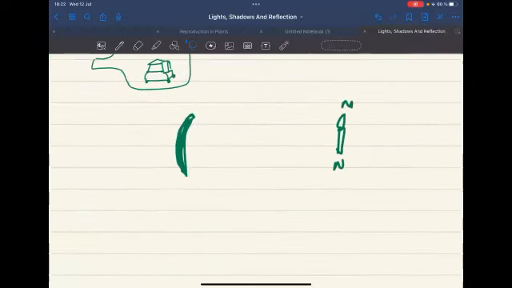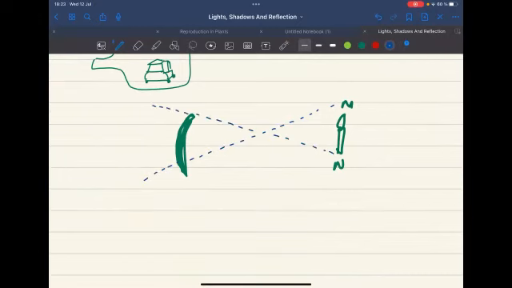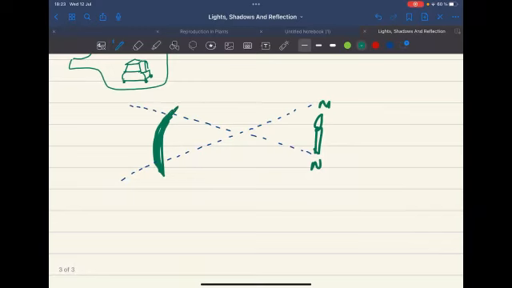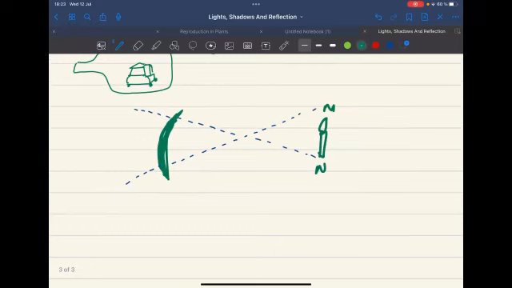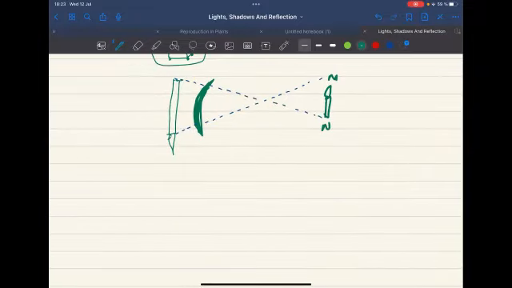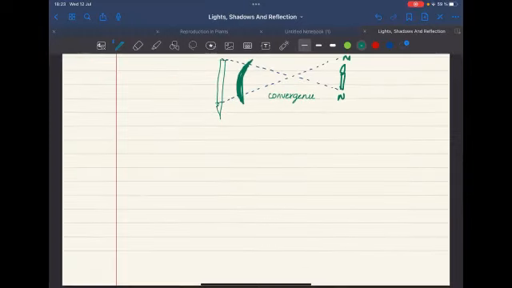So now the light rays go like this, and the image is formed inverted. But in some mirrors, this is called convergence. In some mirrors,